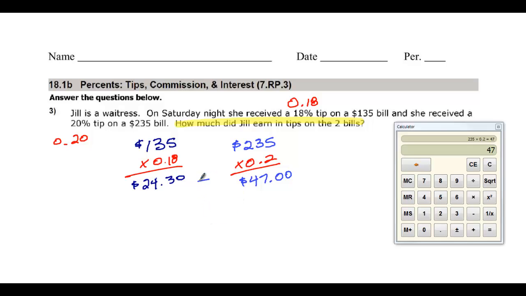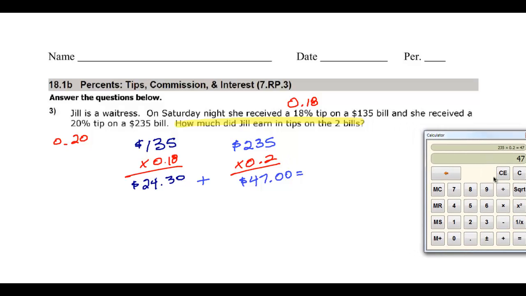So what did she earn altogether? Well, we're going to add those up. This is an altogether problem. The 47 is already in our calculator. Let's add the $24.30. You could do this part by hand, I'm sure. And we get $71.30. And those are her total tips